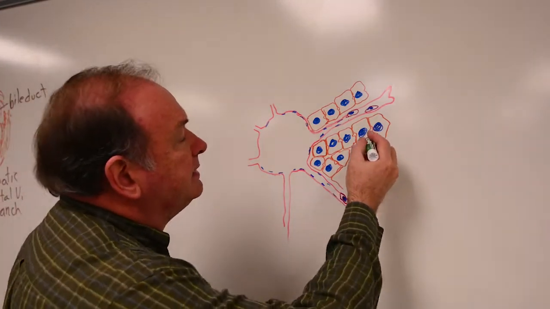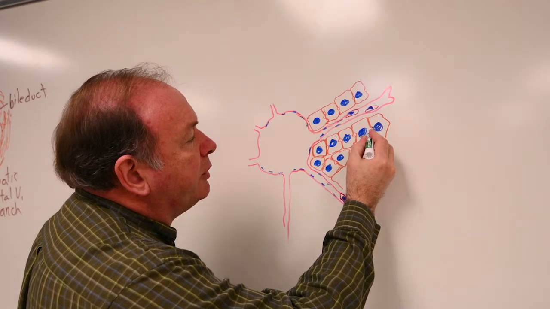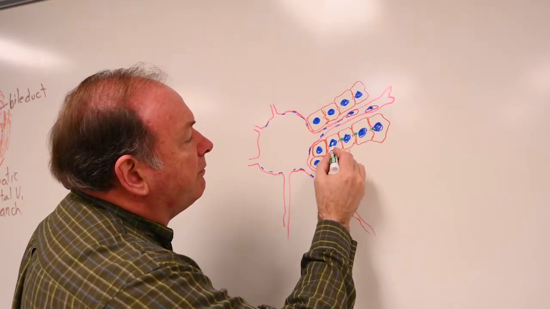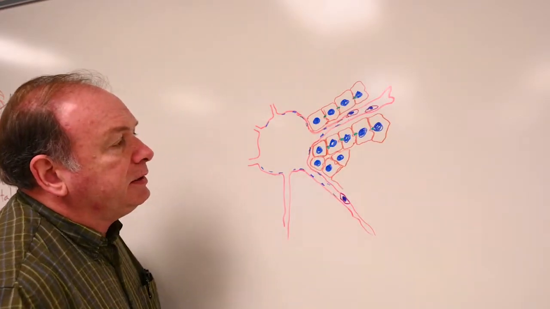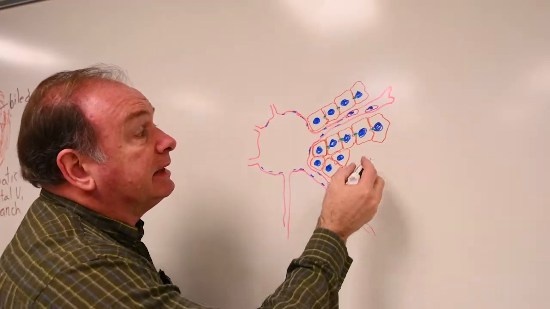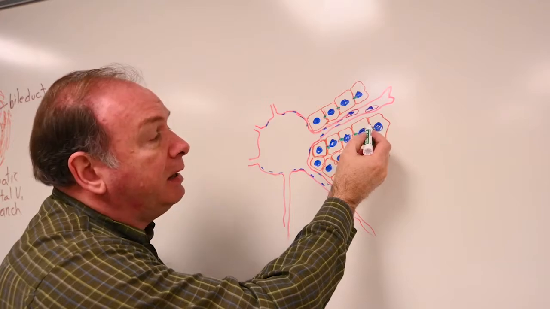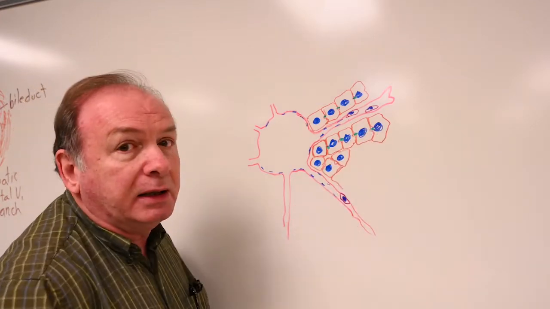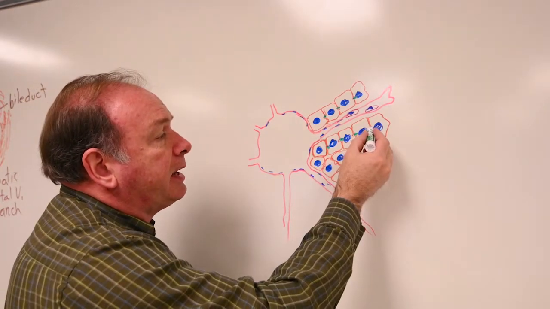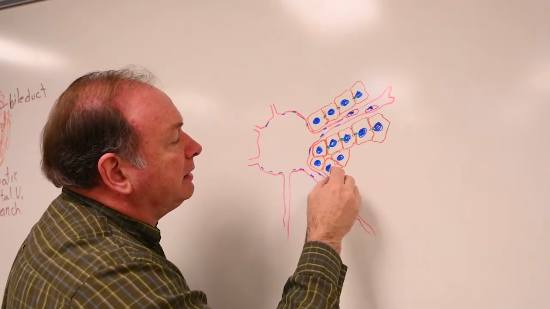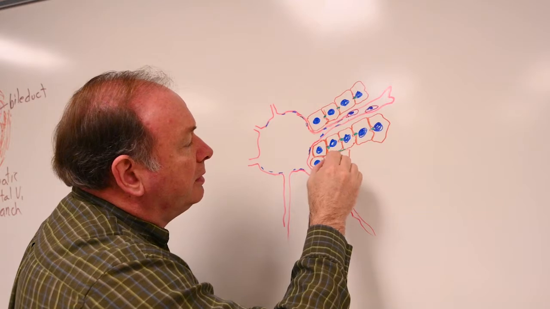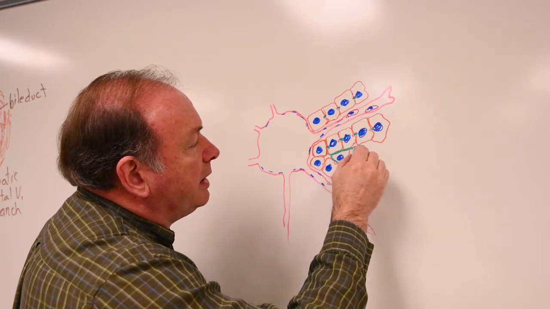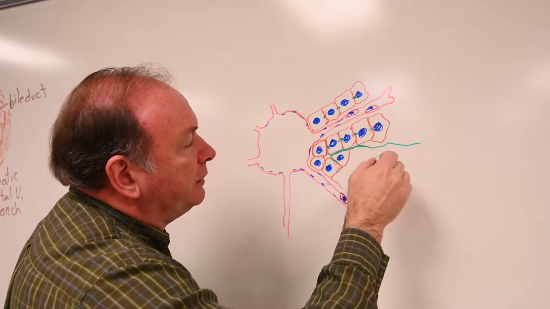Between the hepatocytes, these can be very difficult to find. I've drawn them in here as very obvious features. Here where there's a gap between the cells, these are bile canaliculi. This hepatocyte produces bile and secretes it into this tiny little space here, that bile canaliculus. Bile canaliculi come together and those secrete into a pathway that leads eventually into a bile duct out at the